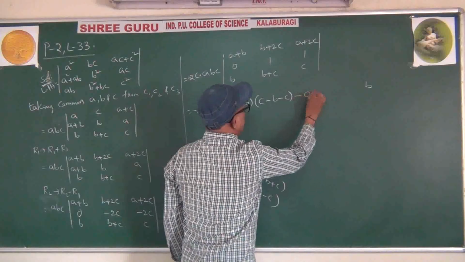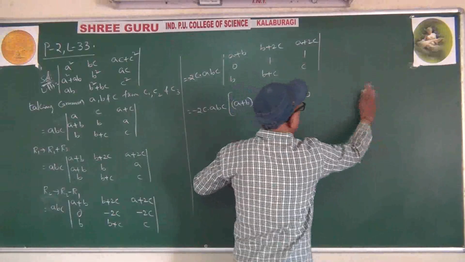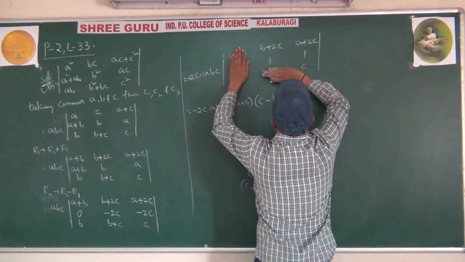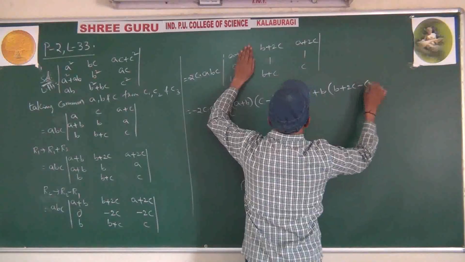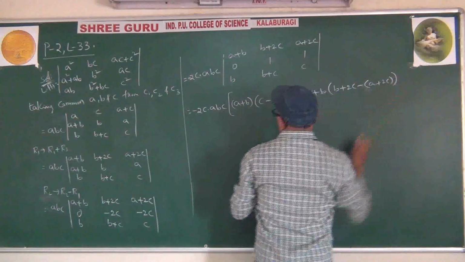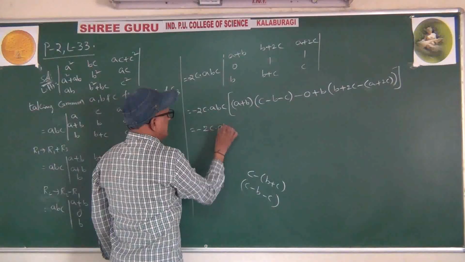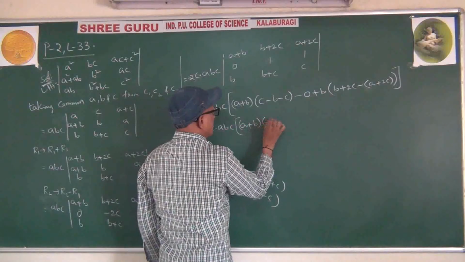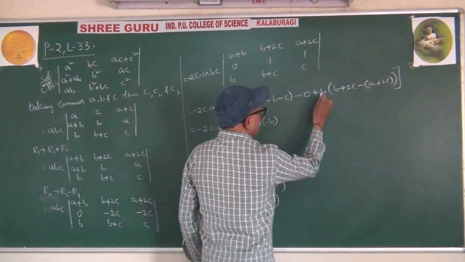Minus 0 plus 0, no problem. Minus 0 plus b, this b, last row, first column remove: b plus 2c into 1, b plus 2c, immediately minus a plus 2c. Okay, now minus 2c into abc, a plus b into minus b, plus c minus c got cancelled, plus b